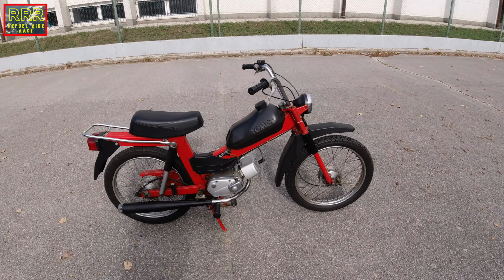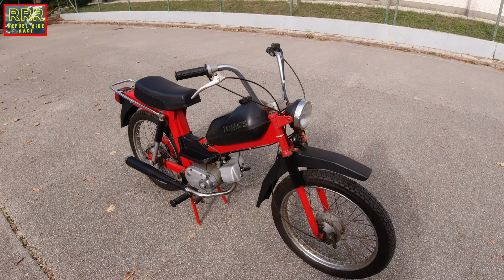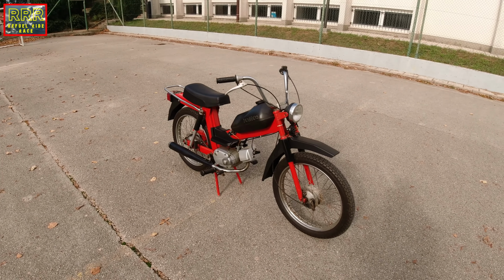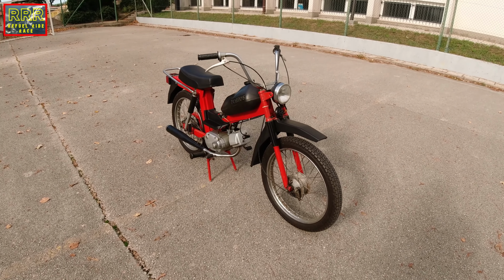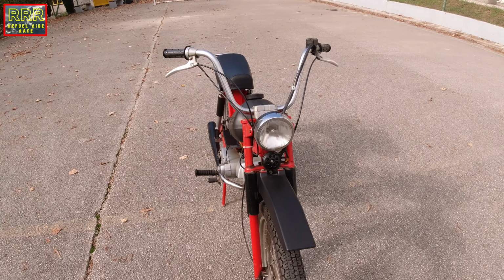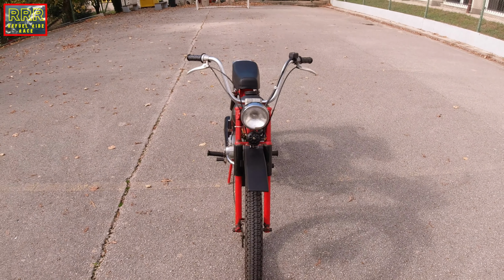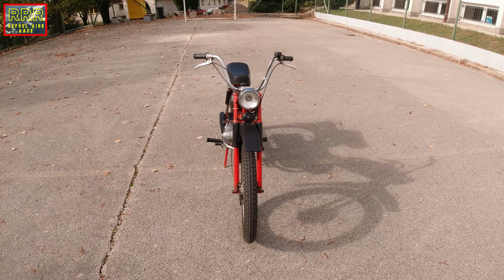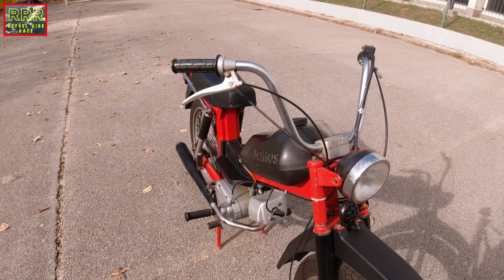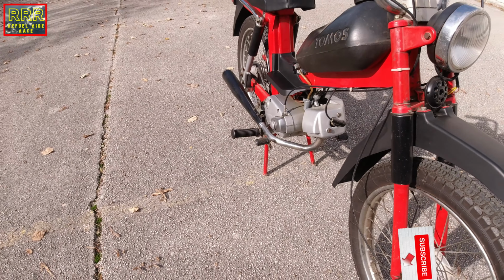1984. The front forks are telescopic, and at the rear you have double shock suspension. It has a center stand and a very cool round headlight that you can see, also completely stock, guys. At that time mopeds had a lot of chrome, and this one too, just like I said. Here you can see the handlebar, it's chromed, the exhaust, at least the first part, is chromed, and the